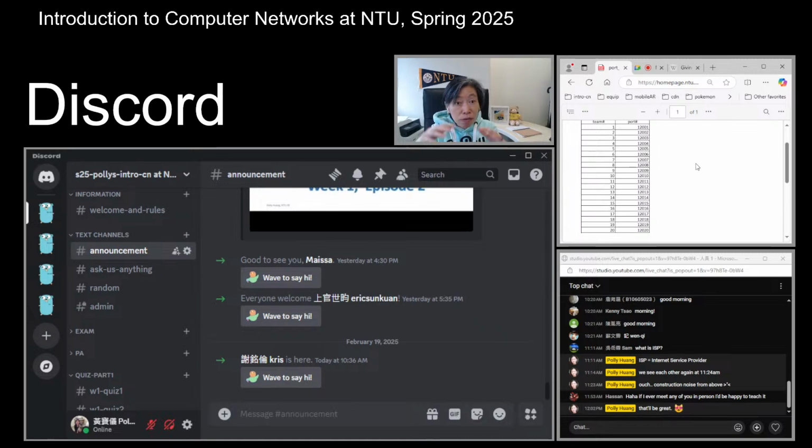A more universal way of doing the grading, to establish a standard or baseline for grading, is that we test your code on the server, so everyone will need to make sure that their code runs on the server, the same environment. That way we know that it's fair. So make sure that it works on the server, and we'll be testing your code on the server. And if it works, then you'll receive the full grade.